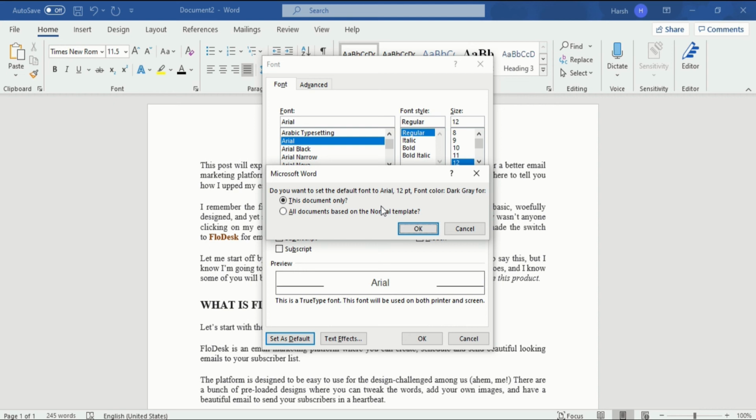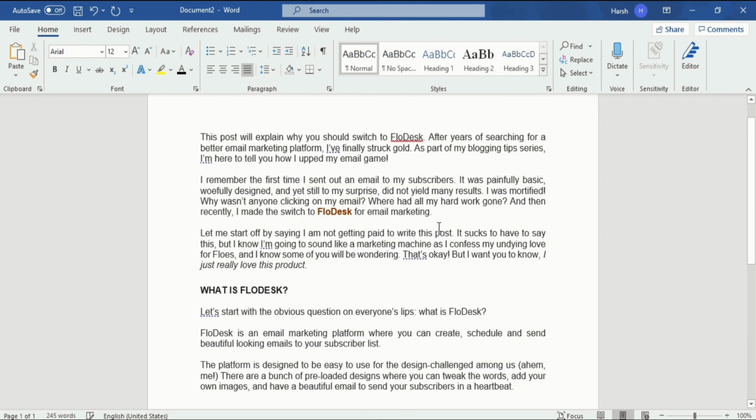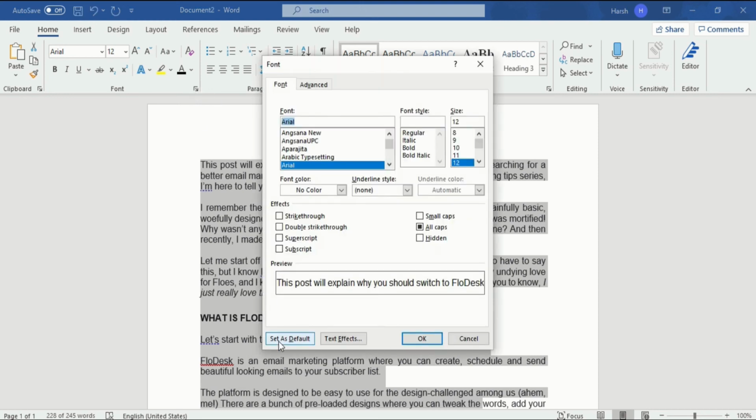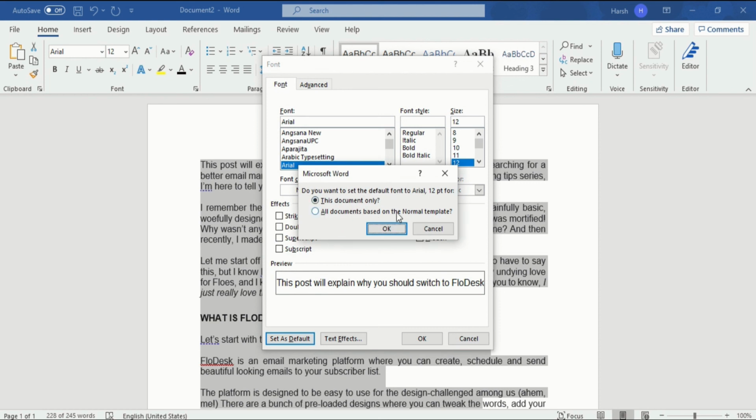Certainly some people always prefer Times New Roman 12 point, so accordingly you can change according to your desire. In our case I will go with this document only. If you are in a company where there is a criterion for something like that, you have to go for all documents. After that just click on OK. Now you will see your changes have happened. Now everything is in Arial and 12 point. This is how you make changes in the default font of your documents. And if you want to change it for all the normal templates, you can do that. In that case you just have to click, rather than this, on this.